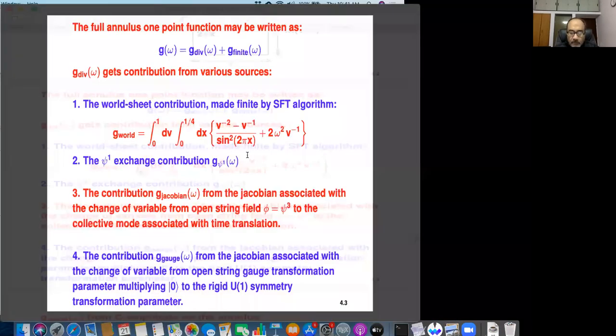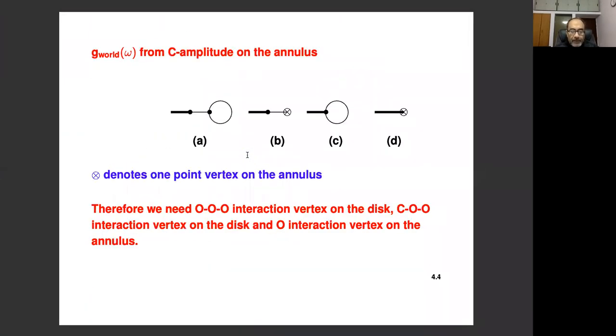So let me now go ahead and try to describe briefly how we go about calculating this. You see that we need some vertices, some interaction vertices. This one we have already studied, closed-open on the disk. I'll remind you how we describe this. But here we need an open string 3-point function on the disk. Here you need an open string 1-point function on the annulus. This, for example, is a disk 3-point function with 1 closed string and 2 open strings. And this is the closed string 1-point function on the annulus. And we'll see how these come about.